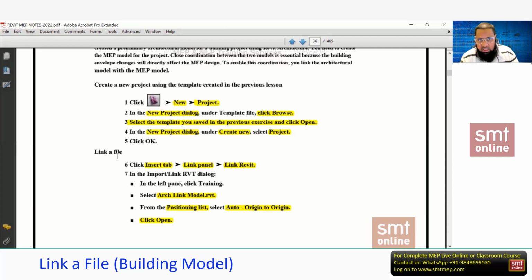This is one way. The other option is, suppose you're not getting the 3D intelligent building, which can be prepared in Revit by the architect. Suppose you are getting the architectural CAD file from the architect. In that case, we have an option called link CAD. But remember, if you use link CAD, it's not possible to deal with the load calculation, because link CAD means it's a drawing only.